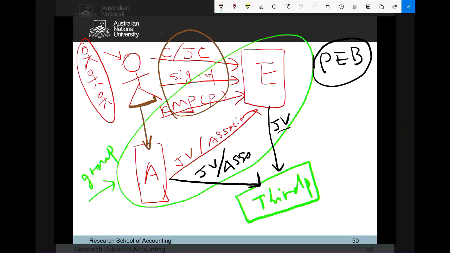That would be a question. Interesting. If this individual is controlling or joint controlling A, and also has another three types of relation with E, then A and E are related party. Now it's not that individual and E, that's A and E. They are related party. However, if this individual only has